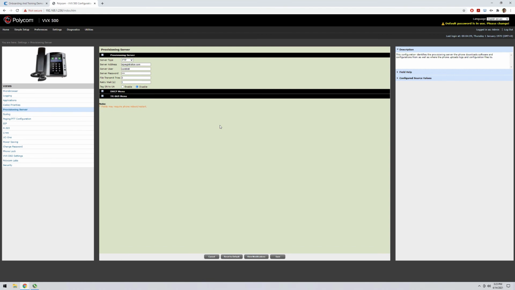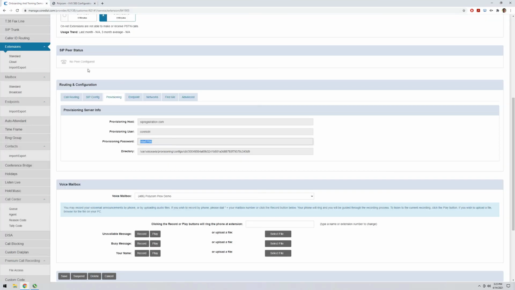One other thing to note is that once the phone comes up on the new network and is paired to the CoreDial infrastructure, you want to go ahead and take note of the fact that the provisioning password will now become the admin password to get into all phones inside of that PBX instance. So whether it's the phone I'm currently working on or the other phones that I have to pair in the future, if I want to get back into the GUI to make any adjustments, I have to make sure that instead of using the default password of 456,